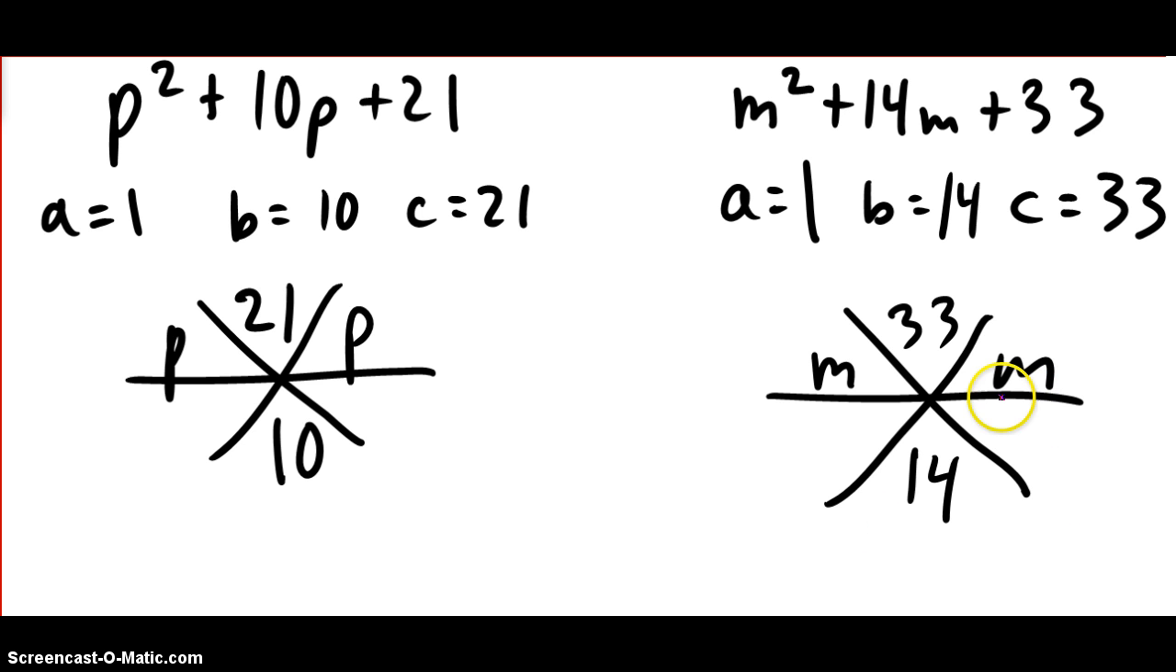Okay, it should look like that for you. And then we think in our heads, what times what is 21 that adds to 10? Nice and easy. 3 times 7. Can I simplify either of these? No, I can't, so I write out the answer. Don't forget to write out the